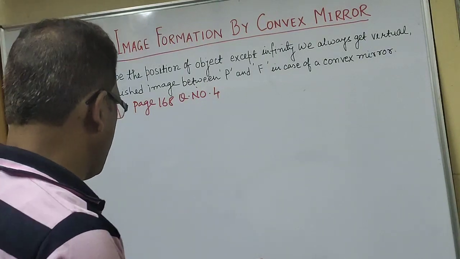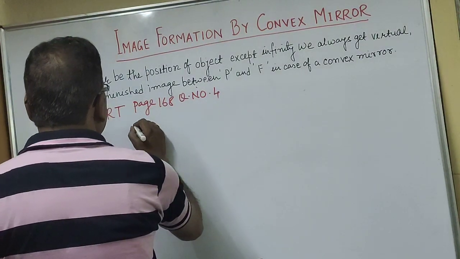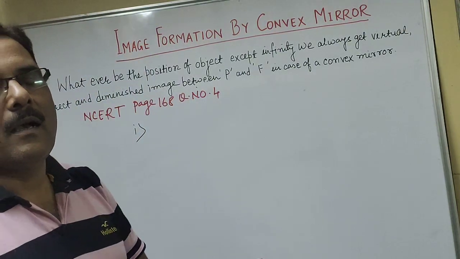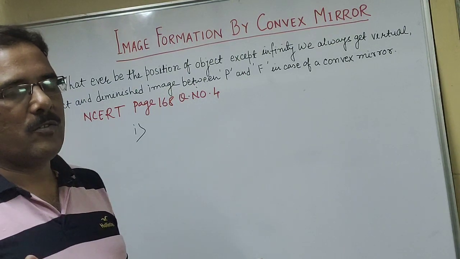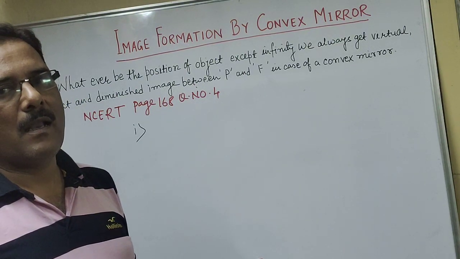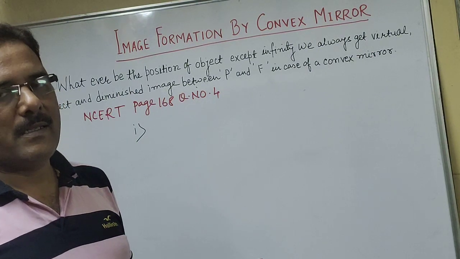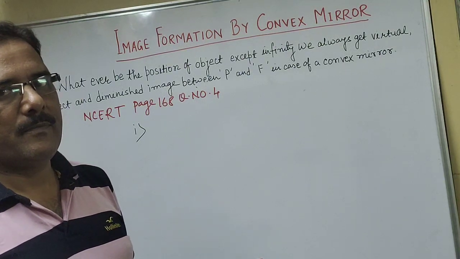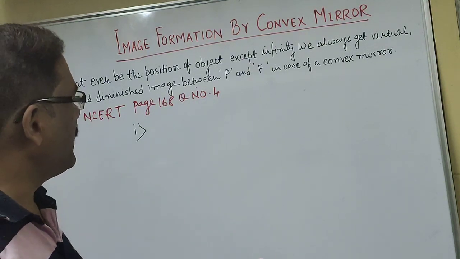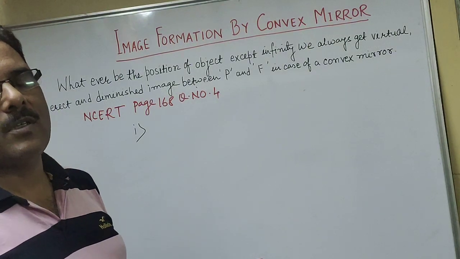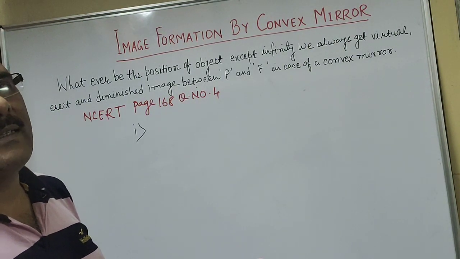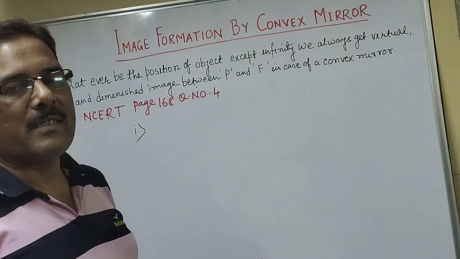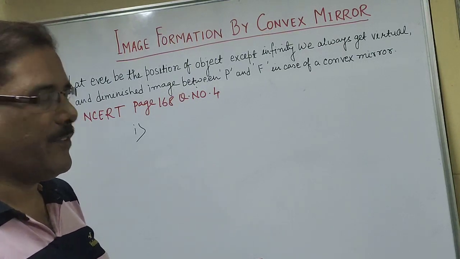It may be a 2 marks question, so you have to write the 2 points. First, write that a convex mirror is curved outwards, so it has a large field of view. Hence, the driver can see the huge traffic behind him. This is one advantage. Another one is that for all positions of the object, we get erect images, isn't it? That's why a convex mirror is used as a rear view mirror.